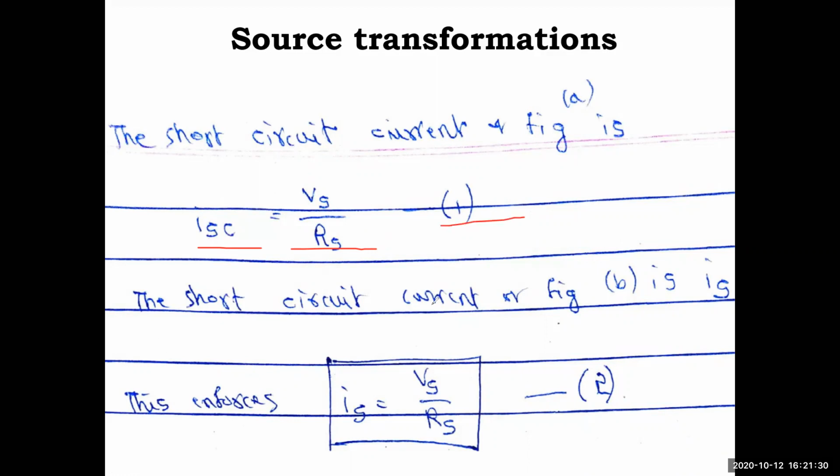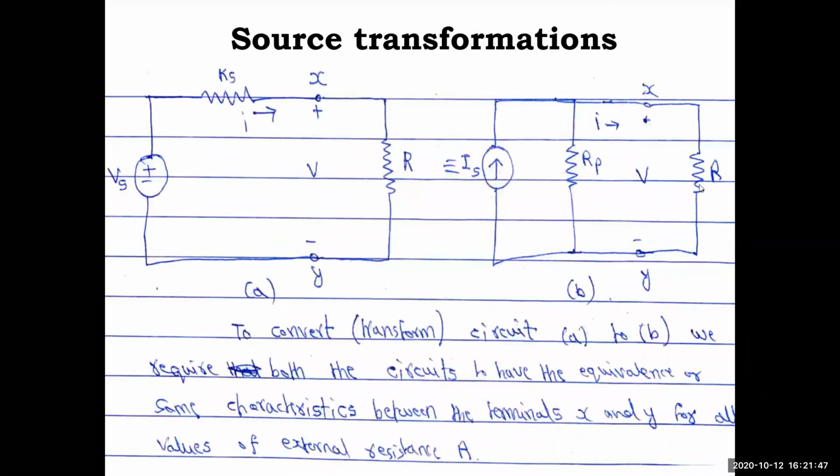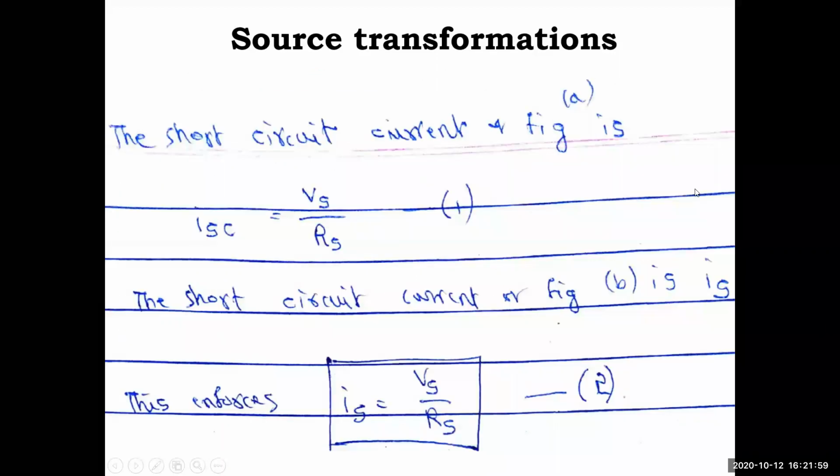And then similarly the short circuit current of figure B. Figure B also I made R equal to 0. So what do I have there? Whatever current is coming to the node. Let me just show you the circuit. So here, this is short circuited. What is the current coming over here? What is the current entering over here? It is IS, which is the same current that will come across this short circuit. So that current is directly denoted as IS.